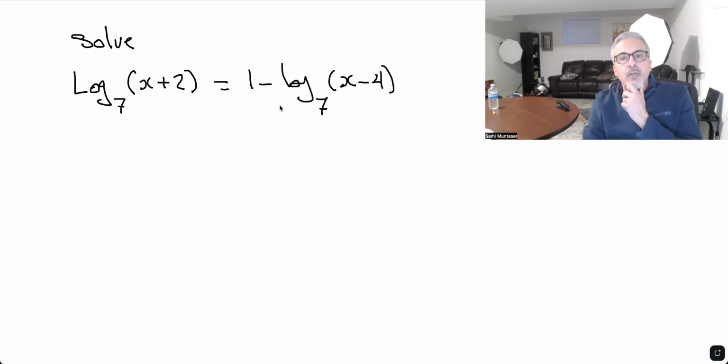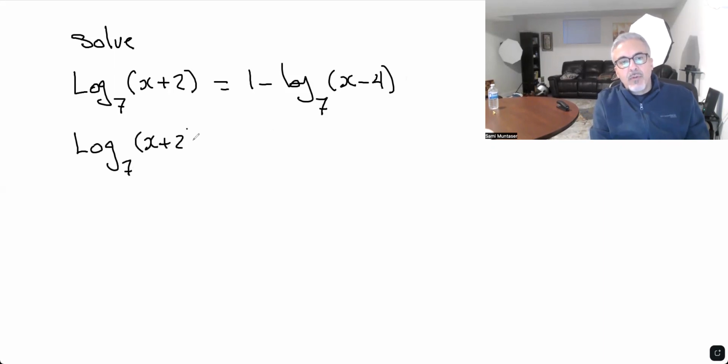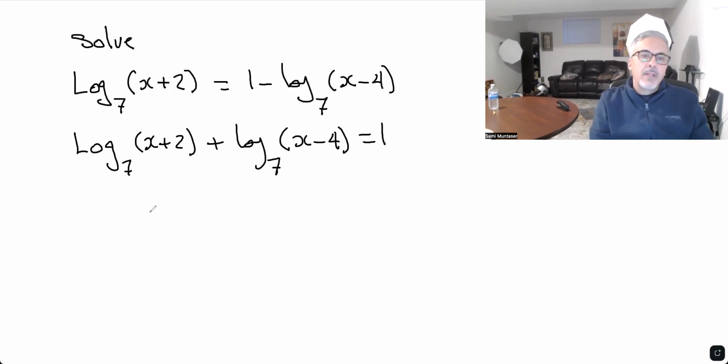So the first thing we want to do here is move this negative log base 7 of x minus 4 to the right side and make it plus. So log base 7 of x plus 2 plus log base 7 of x minus 4 equals 1. Now we know when we have two logs that are added, we could write them as one log base 7 and multiply the x plus 2 and the x minus 4